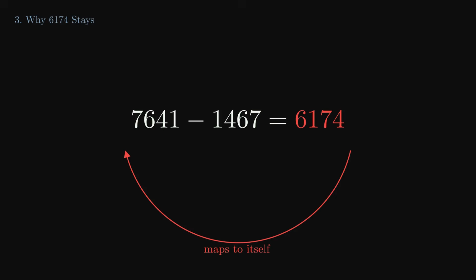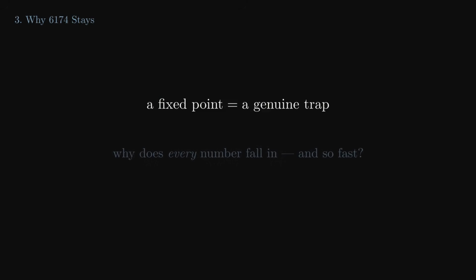It reproduces itself exactly. Once you land on it, the very next step hands you back the same number, and the step after that, forever. In the language of these processes, it is a fixed point, an input the machine leaves completely unchanged. So 6174 is not just where things tend to go, it is a genuine trap. If the process ever produces it, and we are claiming it always eventually does, then it holds you there permanently. But being a trap that you cannot leave is only half the mystery. The other half is why every single starting number is guaranteed to fall into that trap, and to do it